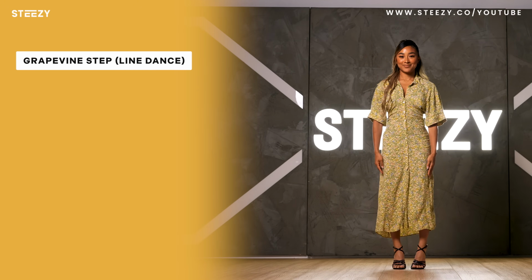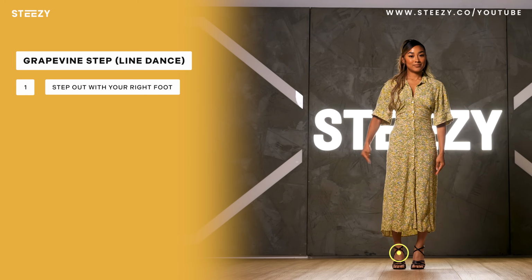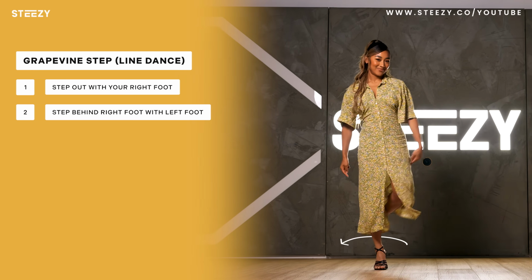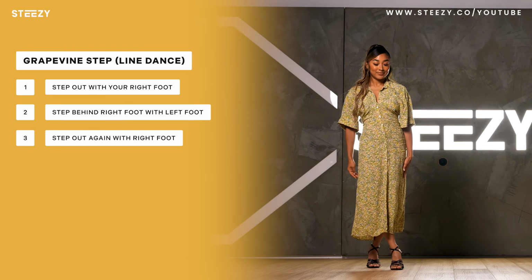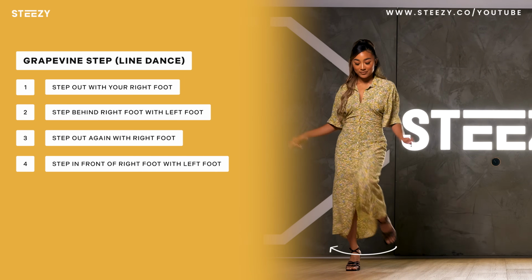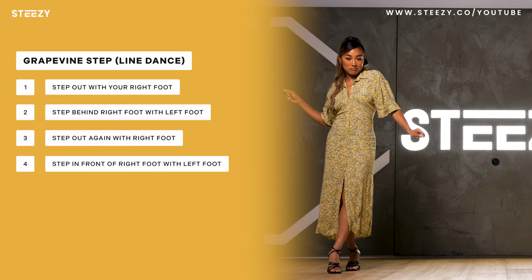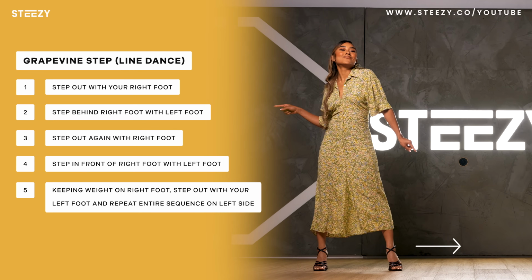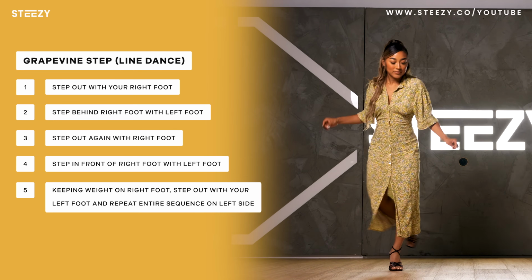First step, start off by stepping out with your right foot. Next, step behind your right foot with your left foot. Take another step out with your right foot. Finally, step in front of your right foot with your left foot. Now, keeping your weight on your right foot, you'll step out with your left foot and repeat the entire sequence